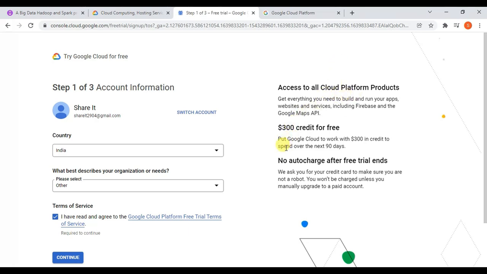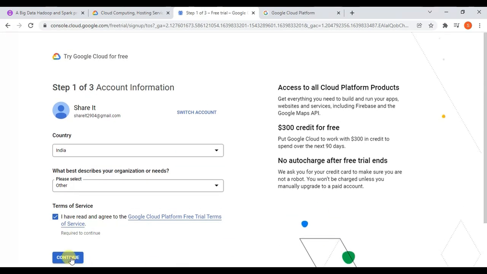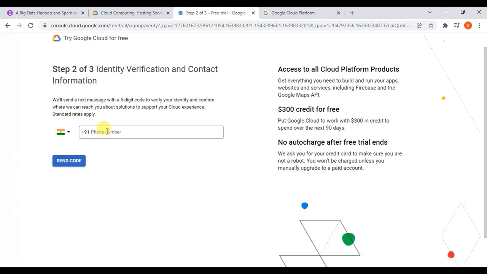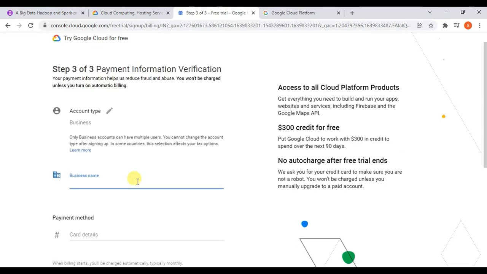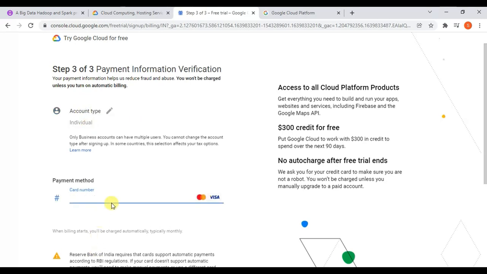You can read here. As and when we log in, GCP will credit $300, and we have to use a credit card where it will charge 2 rupees. That 2 rupees will also be reversed. You have to fill in the rest of the details shown here. If you are an individual, or if you belong to a business, you have to give a business name, or you can choose individual.